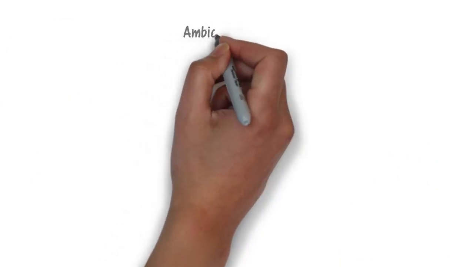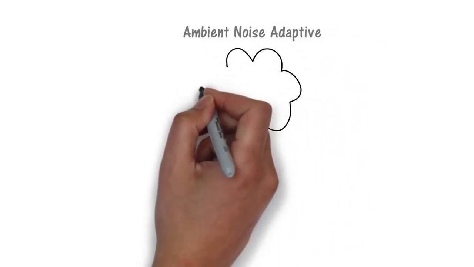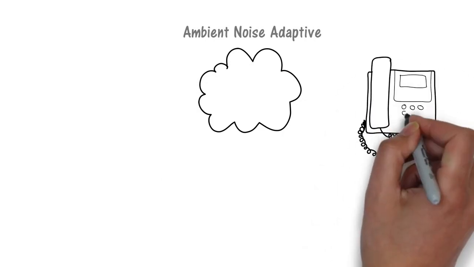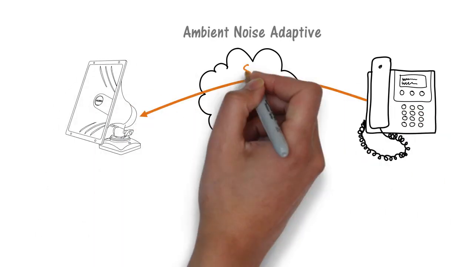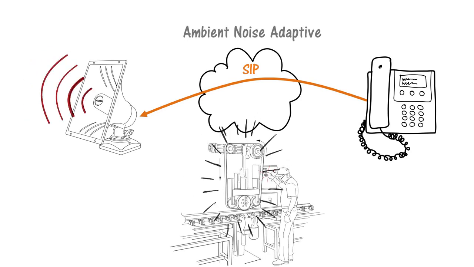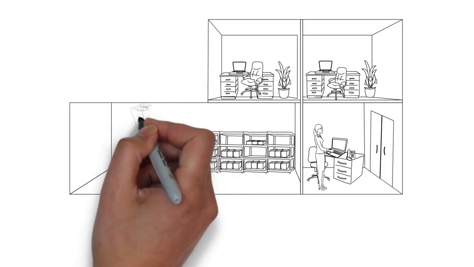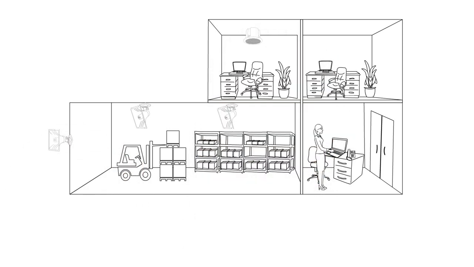The ambient noise monitoring capability of the 8186 can adjust speaker level to the background noise of the environment. For voice paging or ring notification, this feature works well when the noise level can change, such as the case in a manufacturing plant or schoolyard. When background noise level rises, the speaker automatically gets louder to improve speech intelligibility, while not being too loud at other quieter times. Zone paging is easily configured with as many zones as required, using multicast zones and/or SIP registration